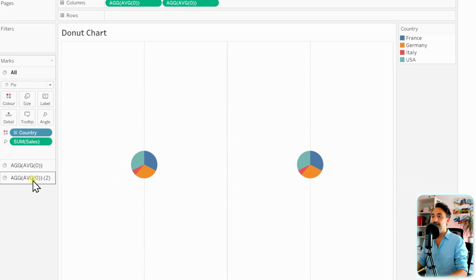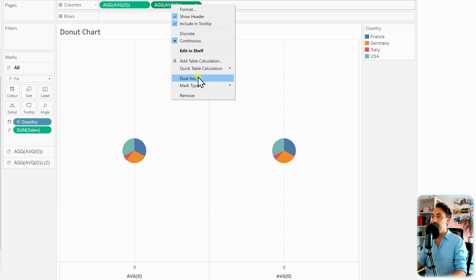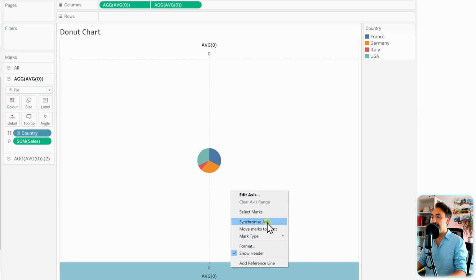So now we've got our two measures, one for the pie chart and the second one for the empty space. Now we're going to merge them together in one place because we have to have only one donut. So right click on the average and go to the dual axis. And as usual, we're going to synchronize things. So let's synchronize the